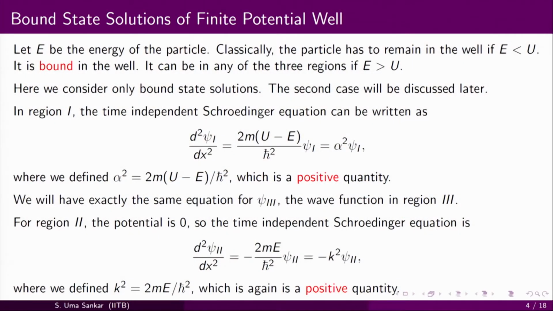Exactly the same equation is also valid for the wave function in region 3. However, in region 2 potential is 0, therefore, the time independent Schrodinger's equation takes the form d square psi 2 by dx square is equal to minus 2mE by h cross square. Mind you, here E is positive, so 2mE by h cross square is positive, but there is a negative sign in front, and this quantity 2mE by h cross square I define it to be some other positive constant k